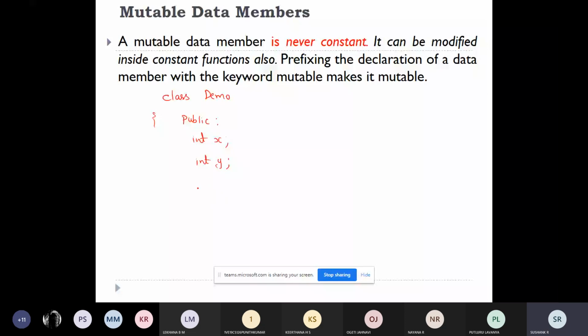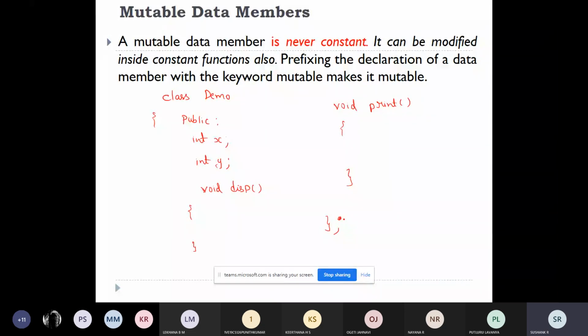I'll write one function, void display, and one more function, void print. So two functions. I'll end the class.